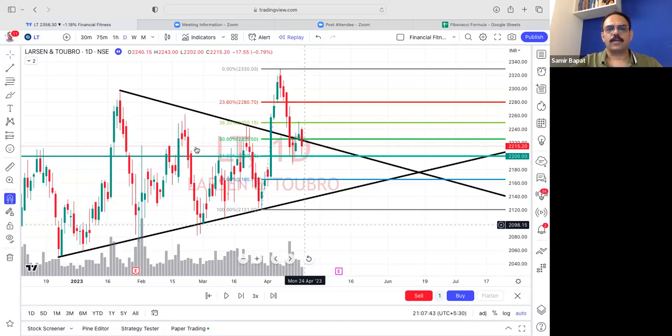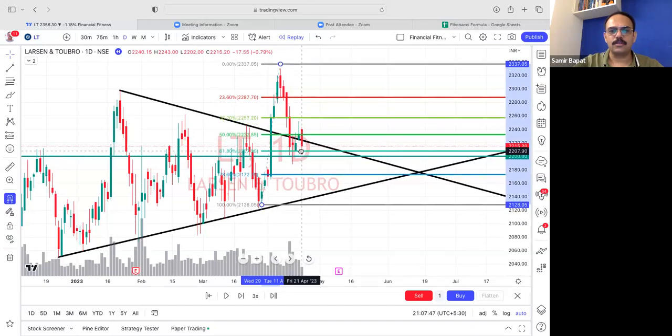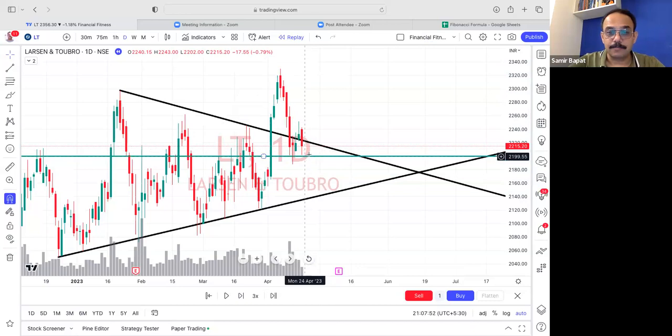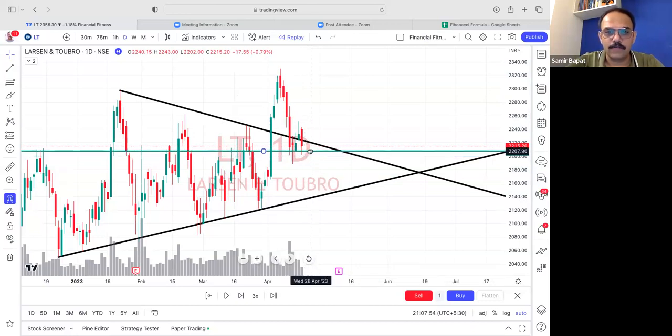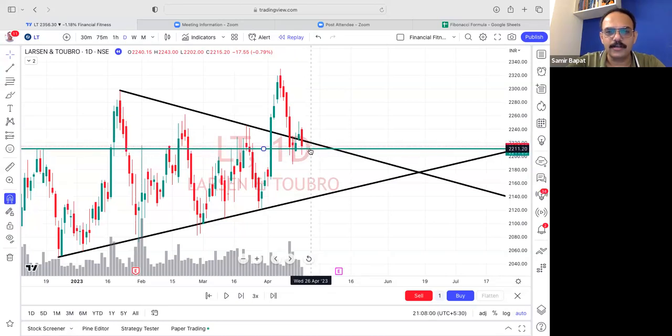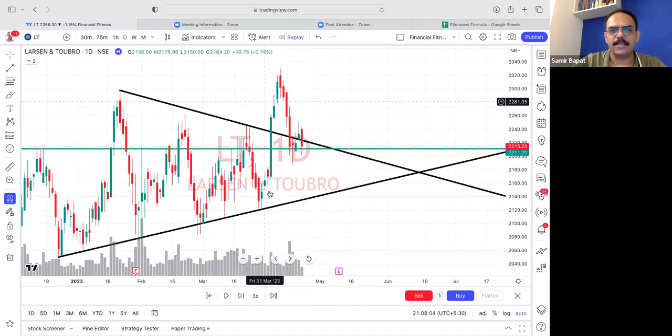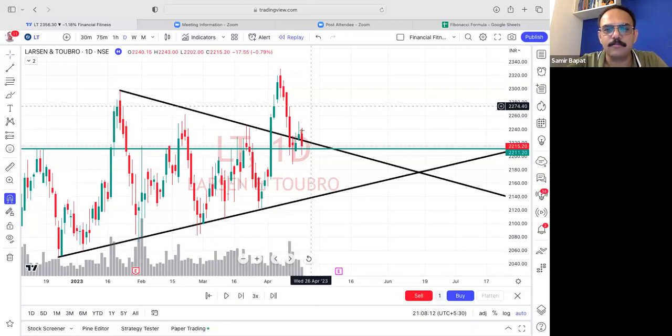Yes? Okay. It almost came, it took support. If we say this way, just pay attention, this is very important. So here we can see it almost took support. The closing point was the previous top here. When it came down, it went up, it came down, it almost stopped here and then went up at 61.8